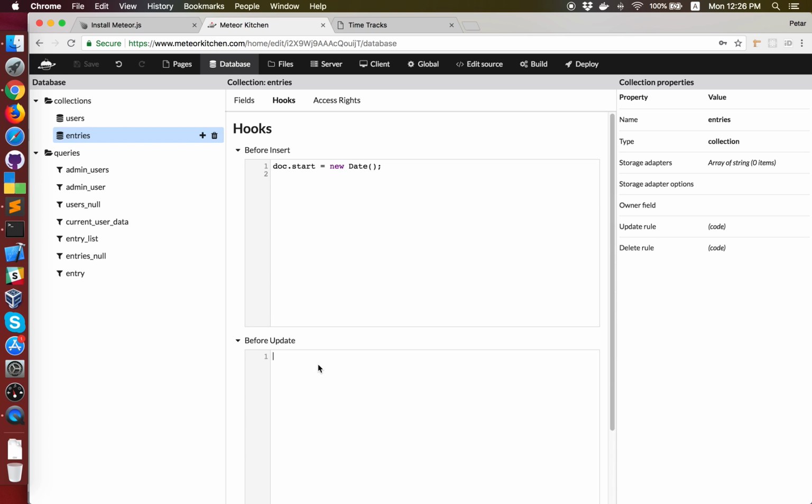which will calculate duration. So any time something is written into the end property, into the end field, this code will automatically execute and calculate duration. So if end is written, if end is modified, then let's calculate duration, which is